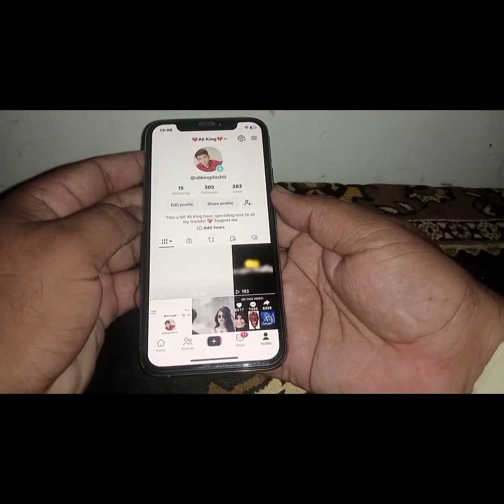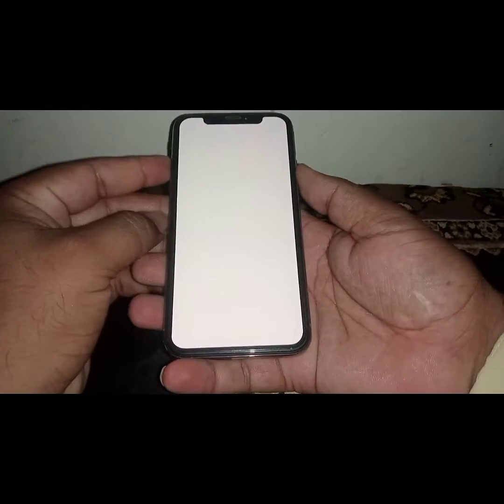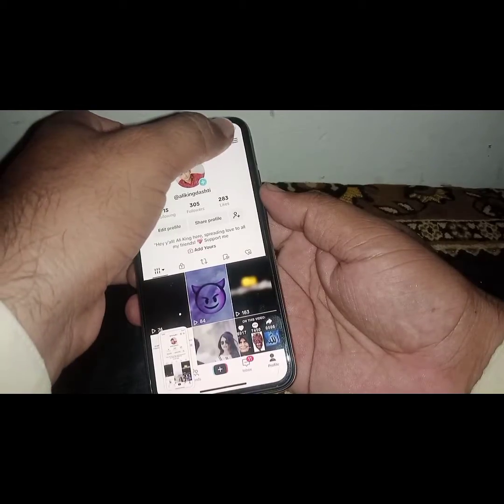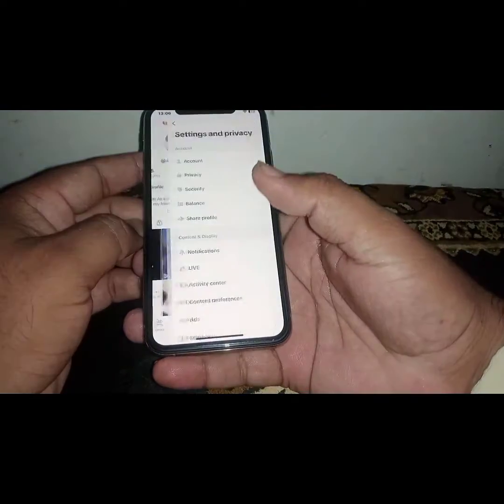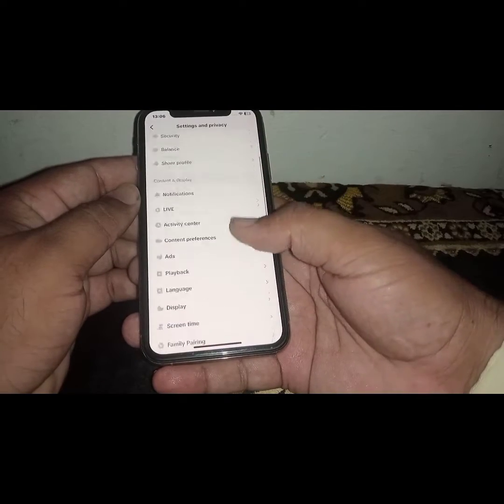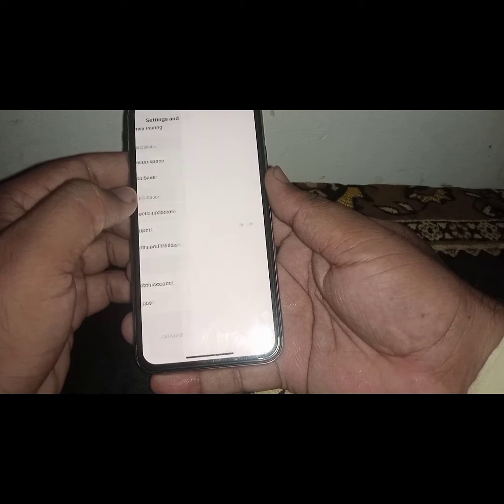And from here, if the update is not showing on your profile, what you need to do is get a screenshot and click on three lines and click on settings and privacy. And from here, scroll down and click on report a problem,